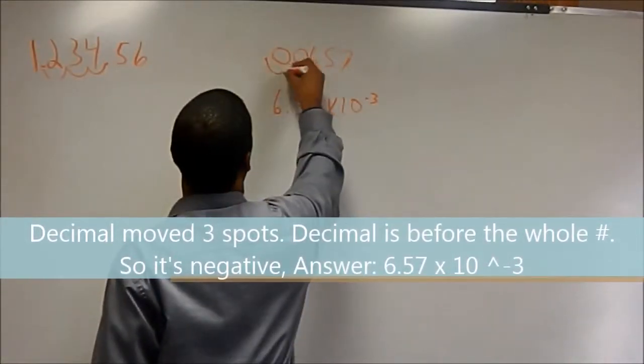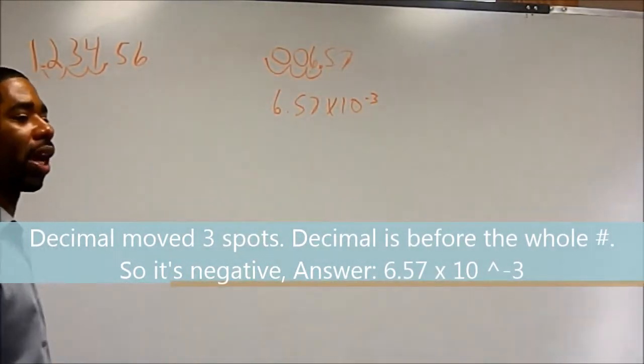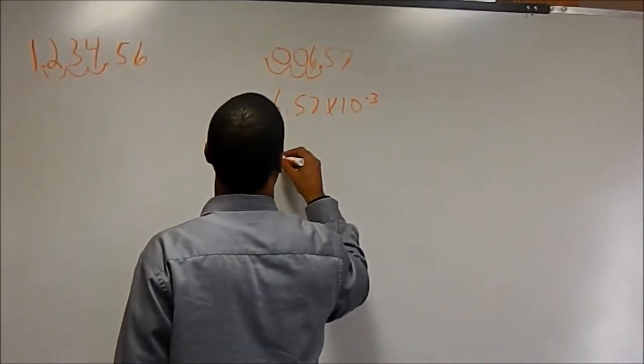So it goes 1, 2, 3. The decimal comes before the number, your exponent is going to be negative. Always? Always. Okay. Let's try